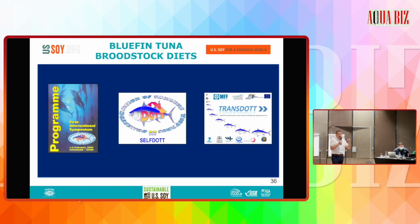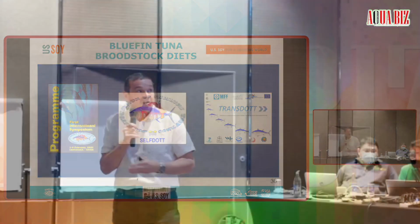So, unfortunately, that was when my PhD ended, because I wanted to add paprika to the striped jack. I wanted to play around with the squid meal to get better results, but that is at least indicating what the right ingredients are. Now, we had the pleasure of participating in 10 years, 15 years of bluefin tuna research,